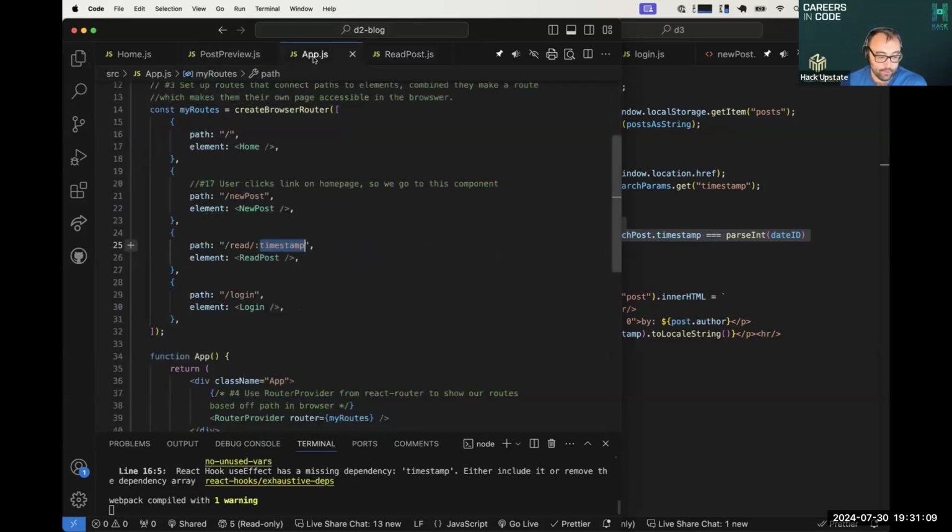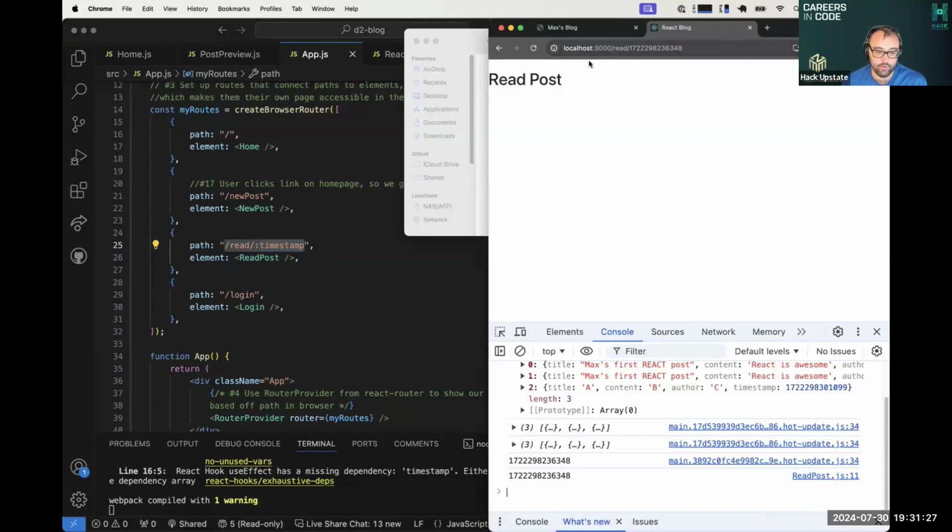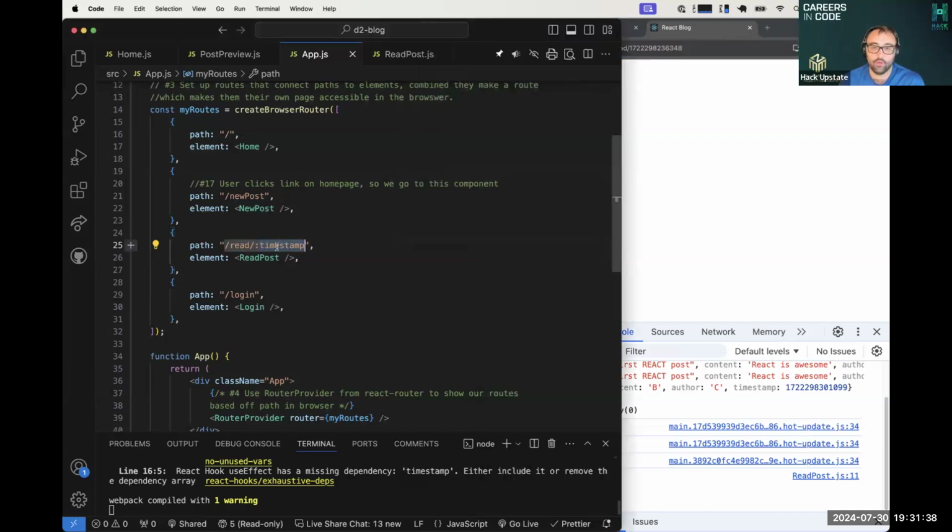With React Router, we can tell it, hey, we're going to pass in basically a variable as part of the URL. The way we do that is we put a colon in front of it, and then we say the name of that variable is going to be timestamp. If we look at the URL in the browser, it says /read, and then it's got this really long number coming out of it, right? What we are able to do is extract that number, which we call timestamp as part of the path,